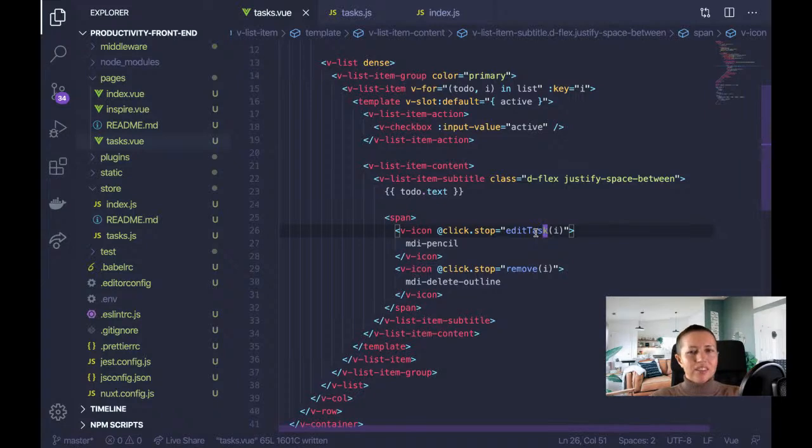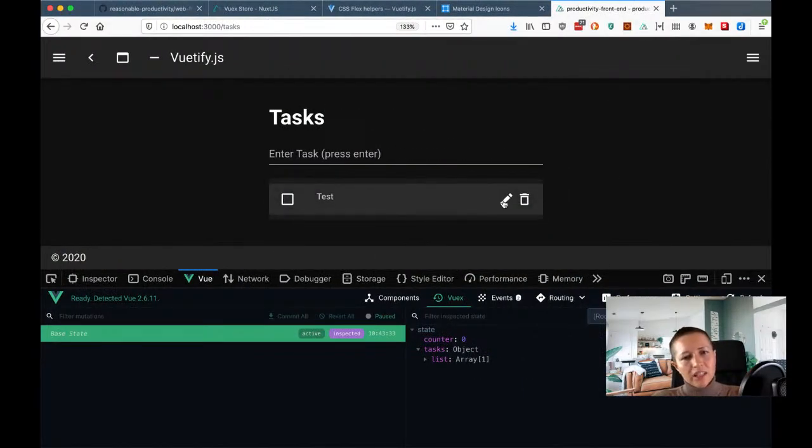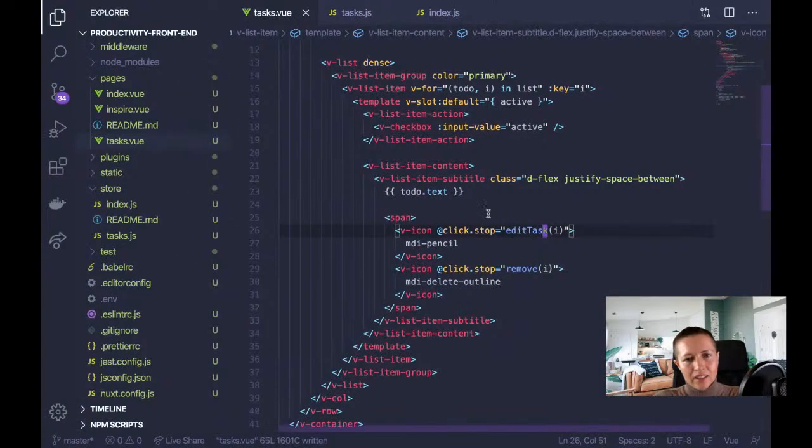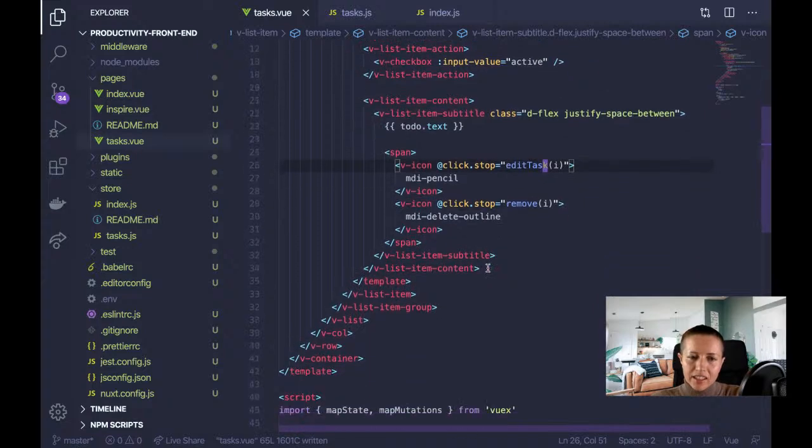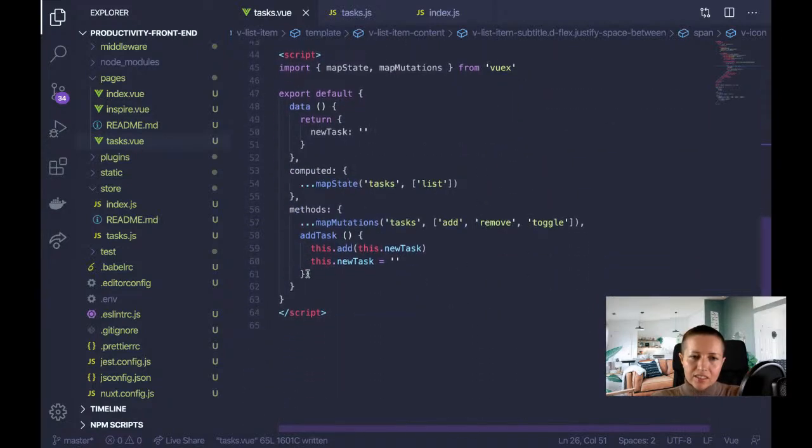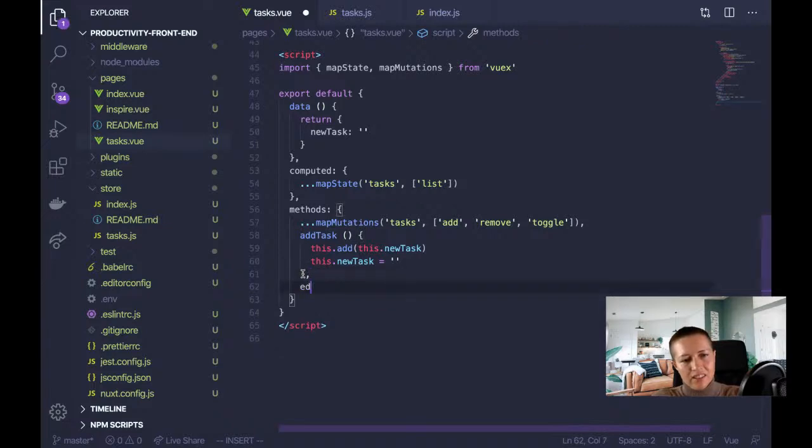Okay, so how should I handle this? I think what I'm going to do when they click the pencil, this will turn into an input box. So then they can edit it. So I'll call this edit task function here, and I'm going to create this function. And now I will do,